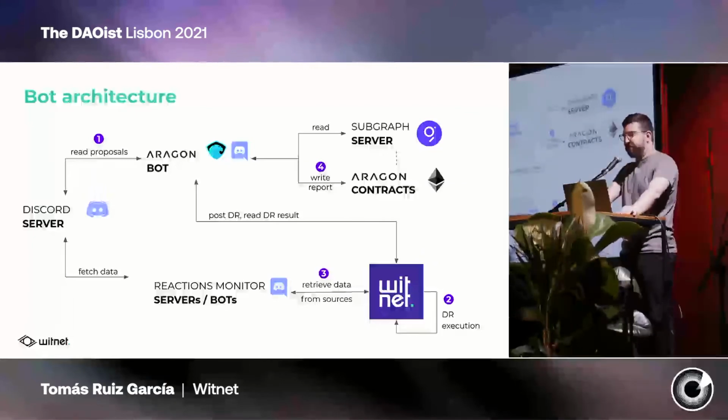First, we have to initialize the vote and invite the different reaction monitors that are going to retrieve the information for us. And once we have configured the Aragon DAO that we are going to use, the bot is going to start listening for different proposals, for the messages of the channel where the users are going to create the proposals. Once they get a proposal, the time block has to be specified, and once the time block is specified, they will